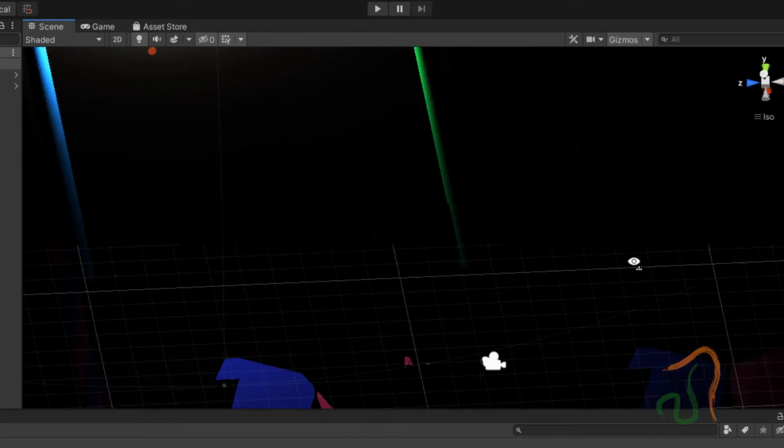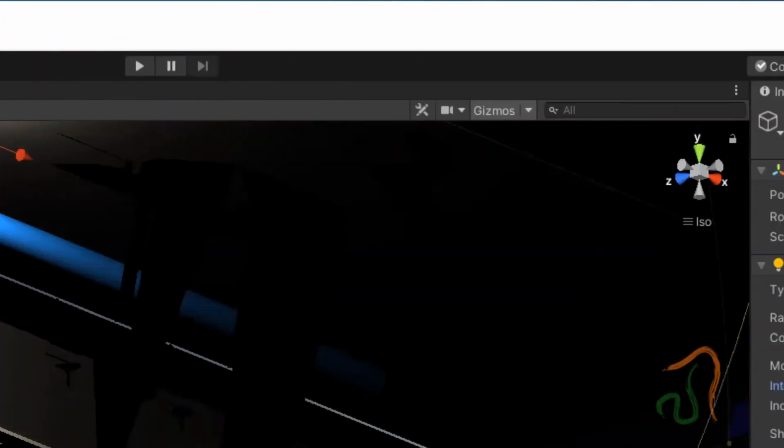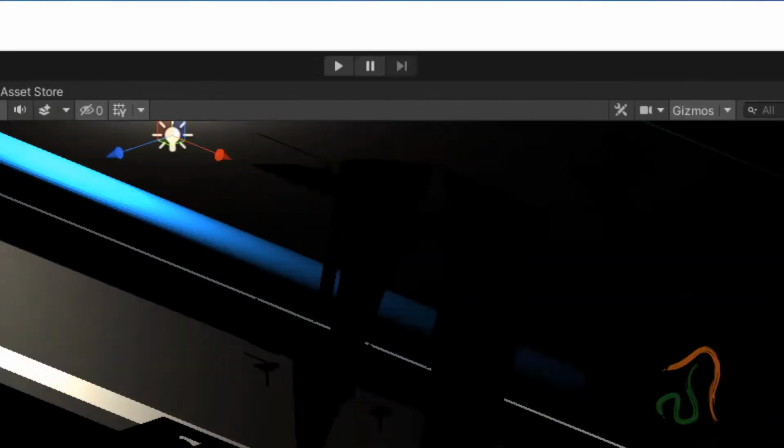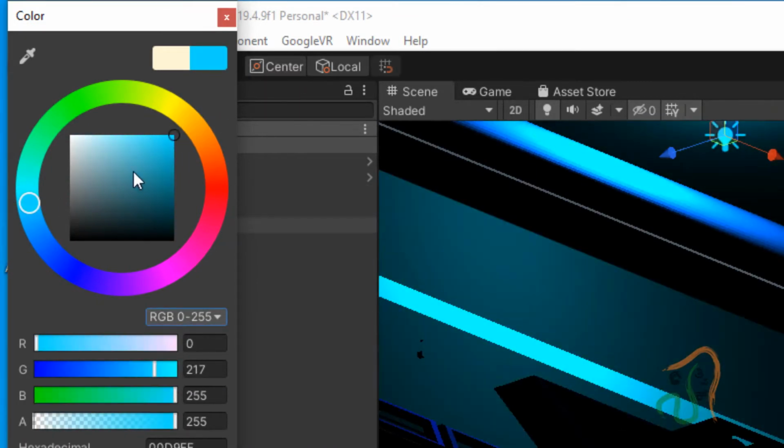What we shall now do is come back here and select light 1. Let us rename this as blue underscore light, and with intensity set to 7, let us change its color to somewhat of a bluish tint. The color we have added here, same color we can add.